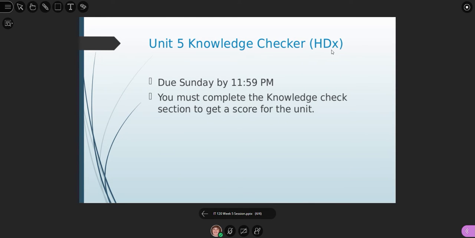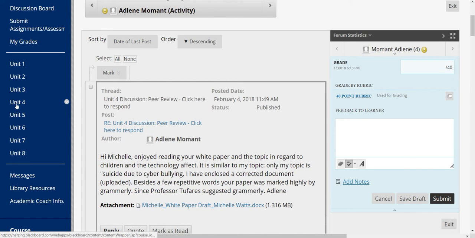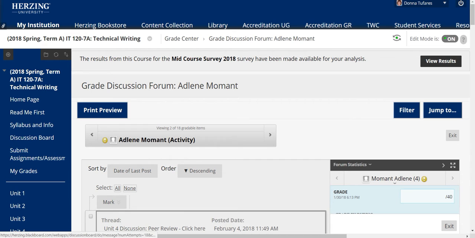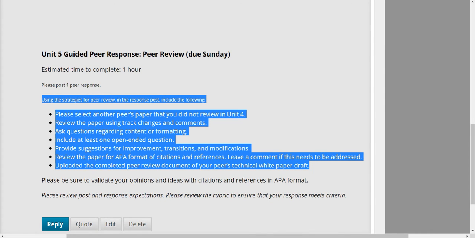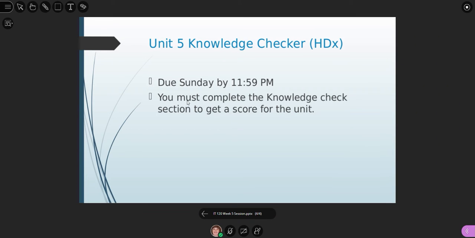Now the knowledge checker, which I've been calling HDX, but that's been somewhat confusing. When I'm talking about the knowledge checker, it's these over here on this side, and that's what I mean by knowledge checker. And if you don't complete the questions that are actually in the HDX, the knowledge checker questions, and you get a score of 0, that's not helping your grade any, so go back and make sure you get a